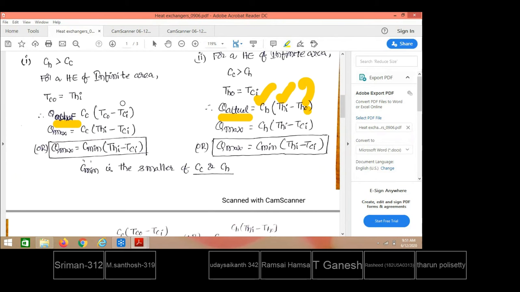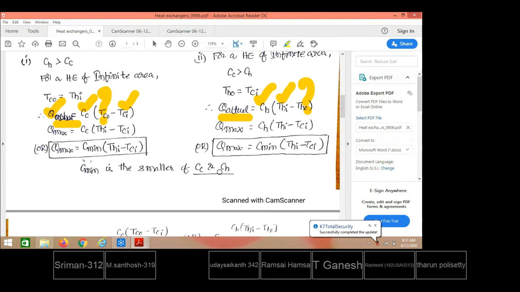Tc naught minus Tci. This is known, this is known, Q actual is also known, then we can fix up Tc naught also. So the NTU epsilon method tells you that if we have the heat exchanger already available with so much area, and you have put it into operation, or used it in a company or any industry, so when hot fluid is allowed to enter at so much inlet temperature, and cold fluid is also permitted at so much inlet temperature, then from the operation of the heat exchanger, how much will be the outlet temperature for the cold fluid, how much will be the outlet temperature for the hot fluid, this is what we are going to find out.